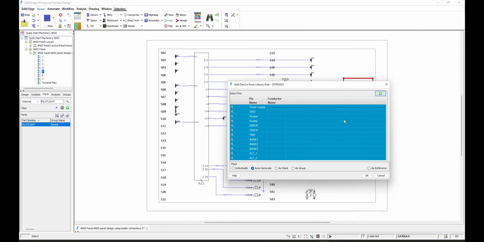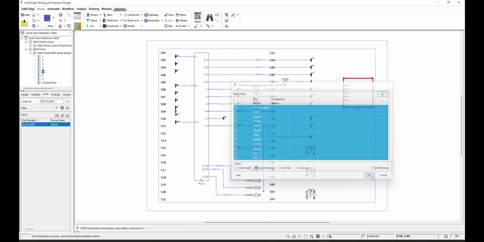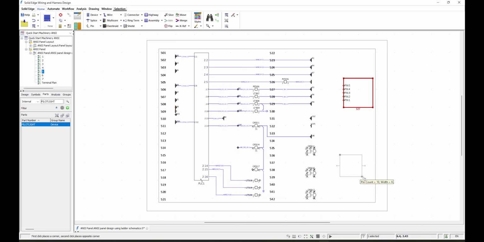Now I'll say yes, that's what I'm looking for. So I'm gonna say okay, and I'm gonna simply place it right around this area here. And see how it went in place there for me. And now if I wish to add wires to it, I'm gonna go ahead and place it right about here. And I'm gonna go back up here. If you remember this, I'm gonna go back to wire here,